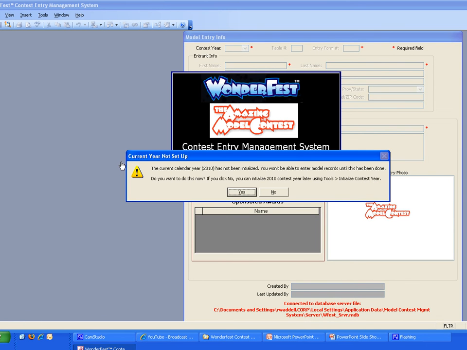And here's what I was referring to. So as an administrator, when Drew first logs in after January 1st, if that current calendar year, in this case 2010, has not been initialized, you get prompted to set it up every time you log into the application until you actually set it up. So in this case, you can click yes, and then you could do what you need to do, which is fairly straightforward. For now, I'm just going to click no